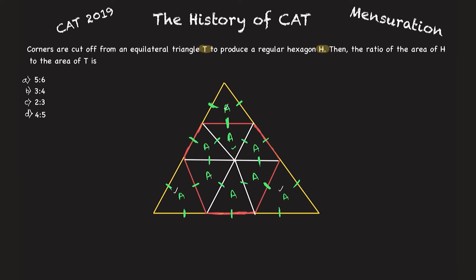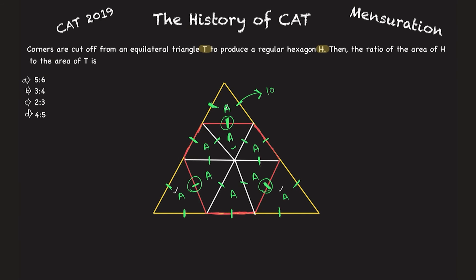Correct? So from this and this and this, I get the hint that all the equilateral triangles that will be formed here will be the same, because all of them have this green side, which I am putting there. So if this is 10, all of them have a side of 10 only, which means all of them have the same area. These are all the same equilateral triangle.